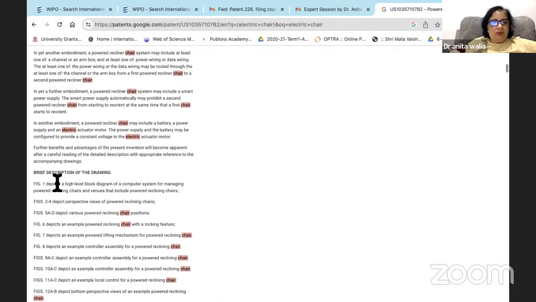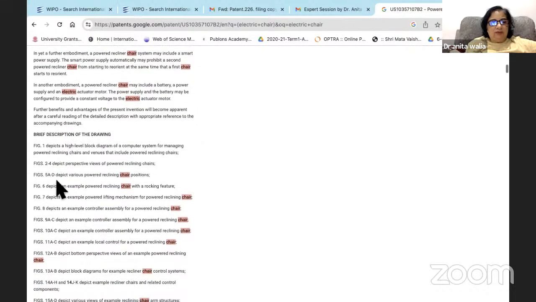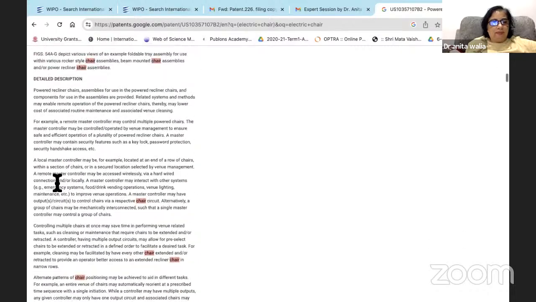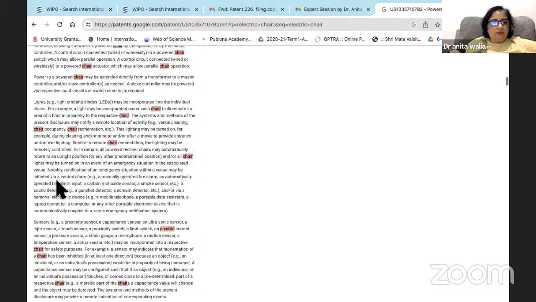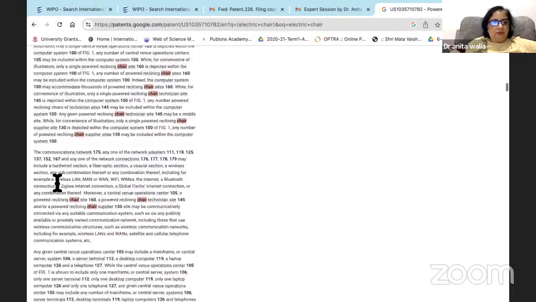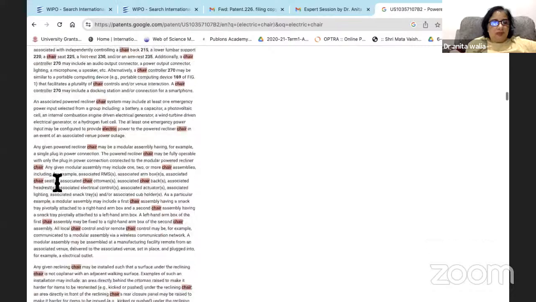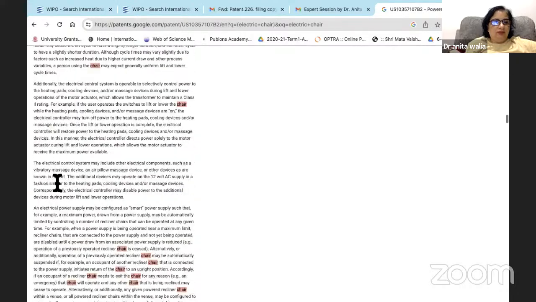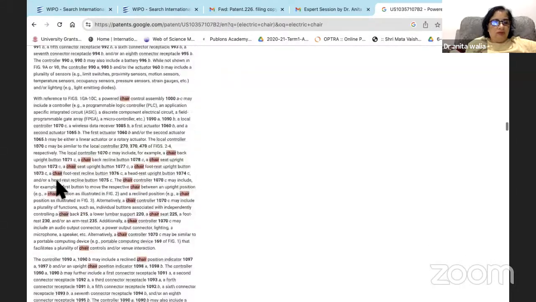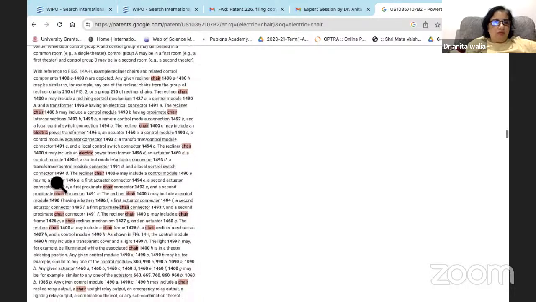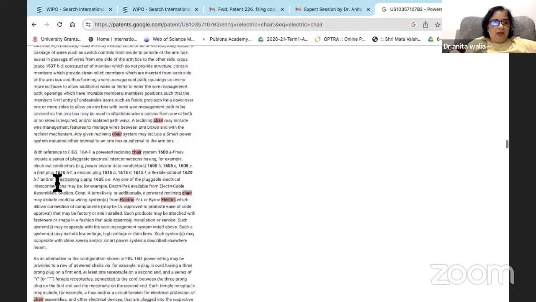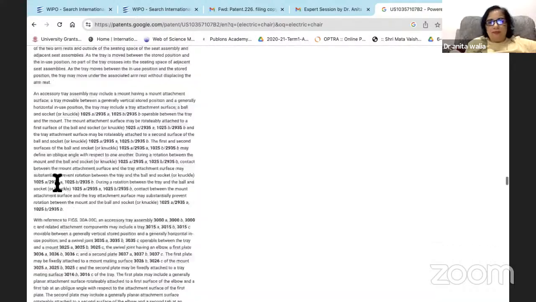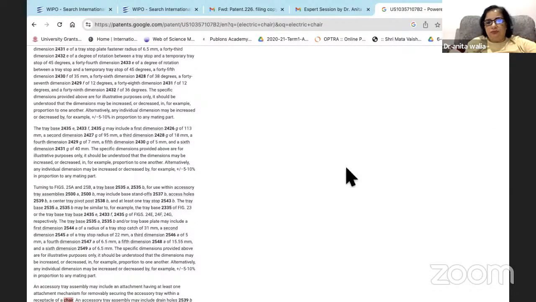So this is before you make a prototype, you have given a brief description of the drawing, what drawing you have given. Then you have a detailed description, and then it goes on for pages. And in the end, you will have references: what research you have done, from where, and how you have compiled your idea into your research. So there's a lot of research which is needed. So I'll just go here and I'll show you.